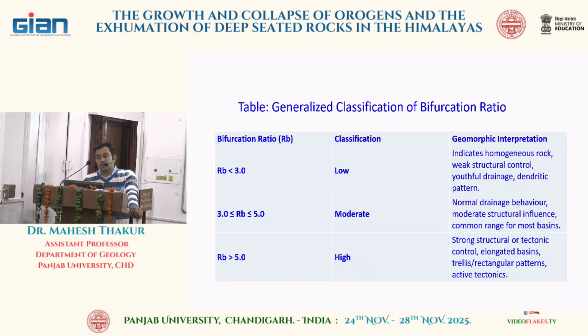Let's say your bifurcation number RB is more than 5, let's say you have 10 or more than that, then yes, you can think that this drainage basin is affected by active tectonics. So now we are getting some kind of a number. Previously, we were just having a visual look at different basins. Now this bifurcation ratio is helping us to identify basins which can be active. Okay,